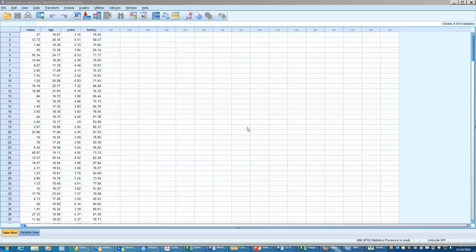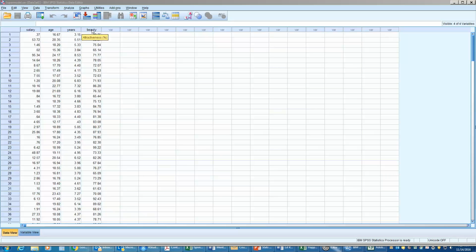The purpose of this presentation is to demonstrate how to perform a multiple regression on SPSS. We have uploaded the assignment data set into SPSS and we have it here in front of us. The first thing that I would always do is inspect the data visually, and in this case I can see that I have